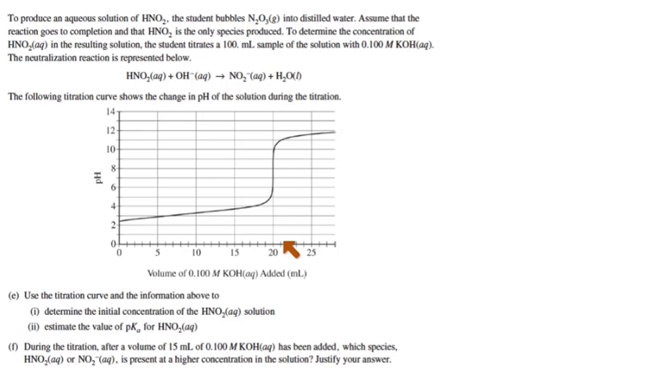Okay, so that's 20 milliliters. So we want to know the initial concentration of HNO2. If we can figure out how much KOH was added for the system to be completely saturated, then we know how much HNO2 is there, because that means that all of the H's from the HNO2 have bound with the OH minuses. So in order to do that, we know the amount of KOH that was added, which is